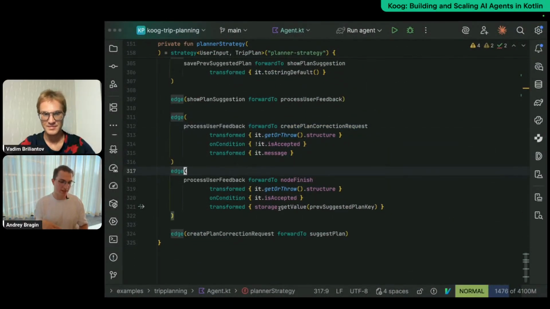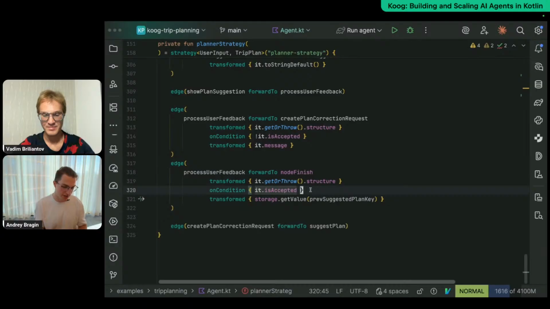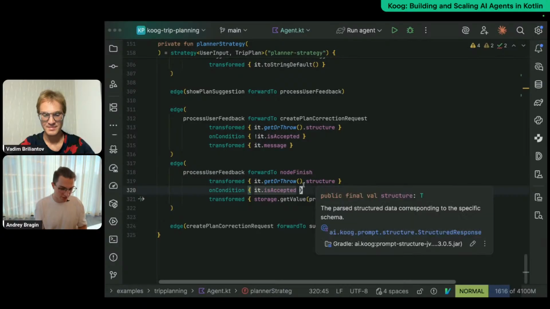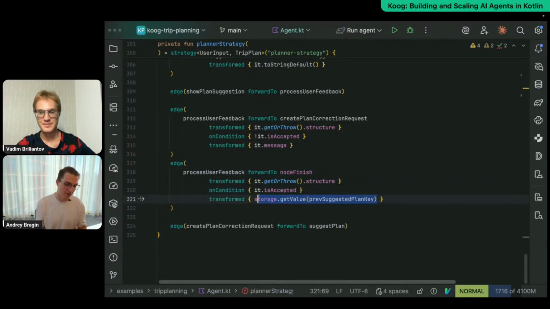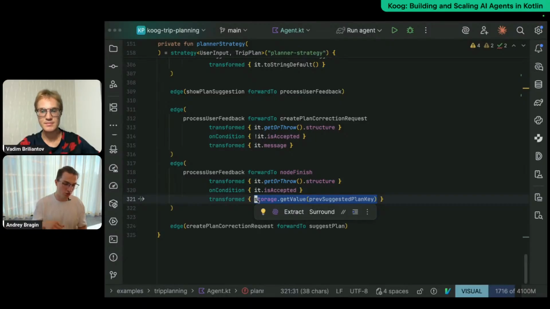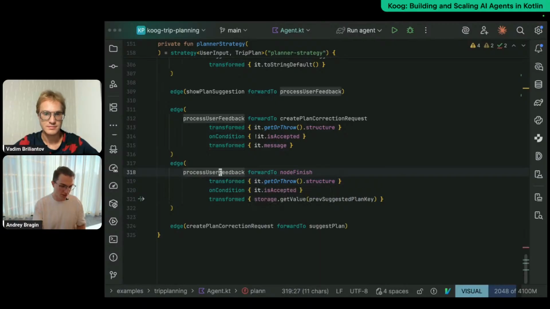Otherwise, if the user decided that okay, this plan is fine, I'm taking it, we're going to the node finish. So basically, we're going to the node finish, and we're taking the final generated plan from our storage. All those transformed and on condition